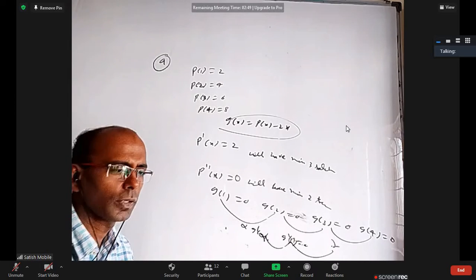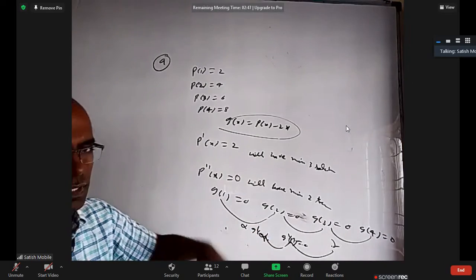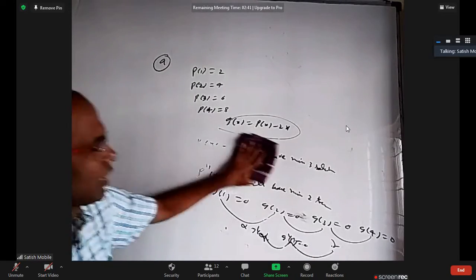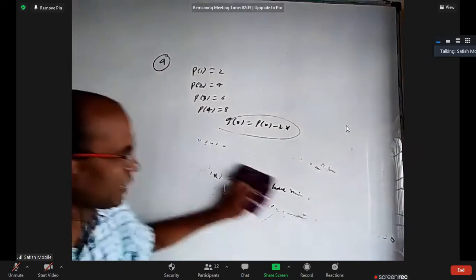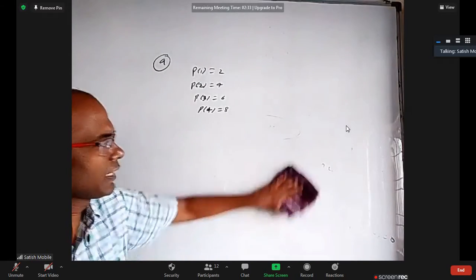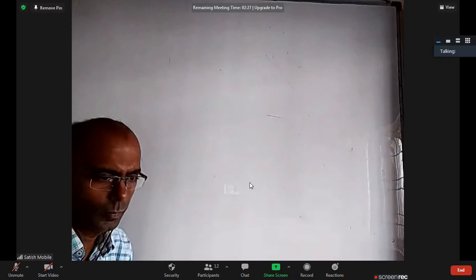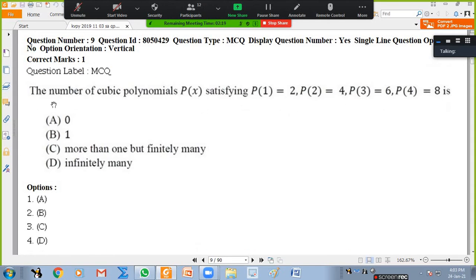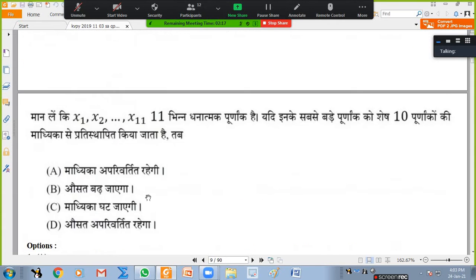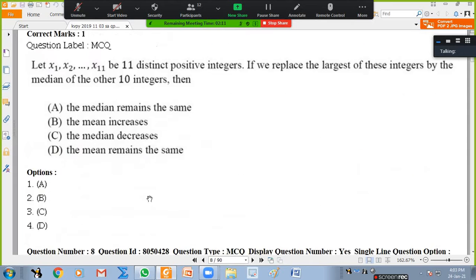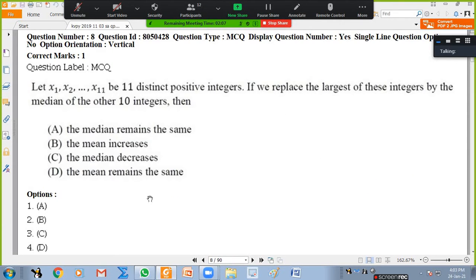Okay. Anyway, our main target is not that. I'm just covering something. They will be taught later on in Rolle's theorem and all. Don't worry. What I want to say is about the polynomial, that either you can have linear polynomial p of x is 2x, or we can next go for fourth degree. Quadratic and cubic is not possible for this. So the number of cubic polynomials is 0. This is 8.